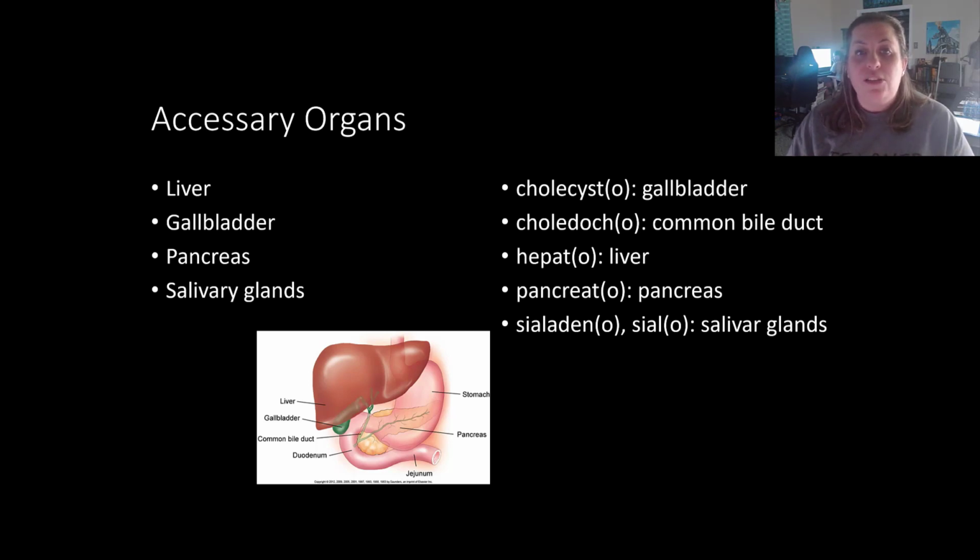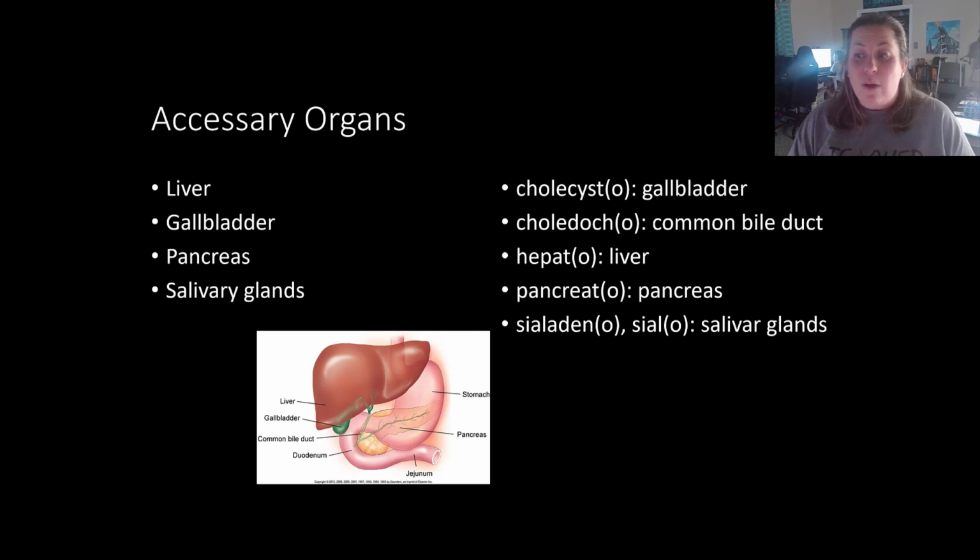So if we take a look at this, you can see here that we have cholecysto, which is going to be the gallbladder. Choledocho, it's going to be the common bile duct. Hepato is the liver. Pancreato is the pancreas, and salivo or salio is the salivary glands. All right, and so these are going to be some of those combining forms for these particular accessory